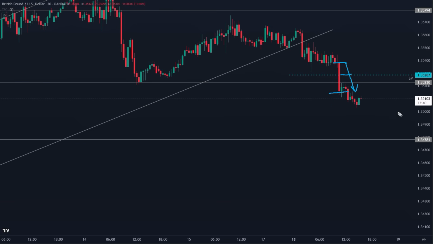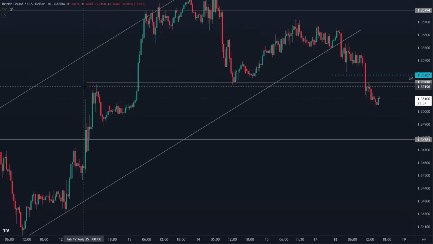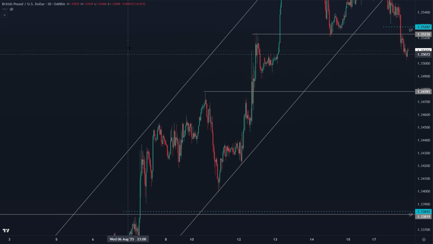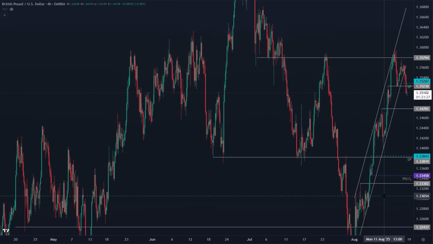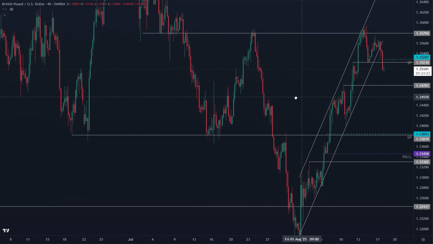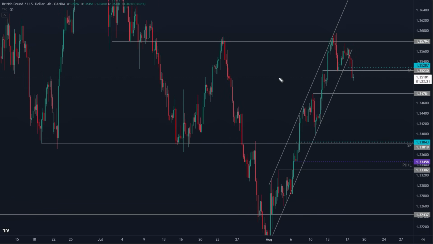Now, 134.70 is interesting because this is actually a value area high for the month of August. What that means is that, again in TPO terms, guys, the pair has spent the majority of its time between this area up here and this area down here. So in the month of August, the majority of its time has been spent down here. The fact that this is a monthly value area high does indicate that we are likely to see buyers try to defend this region. Furthermore, you can also see we have this high back here. So I am anticipating some demand from this area down here.